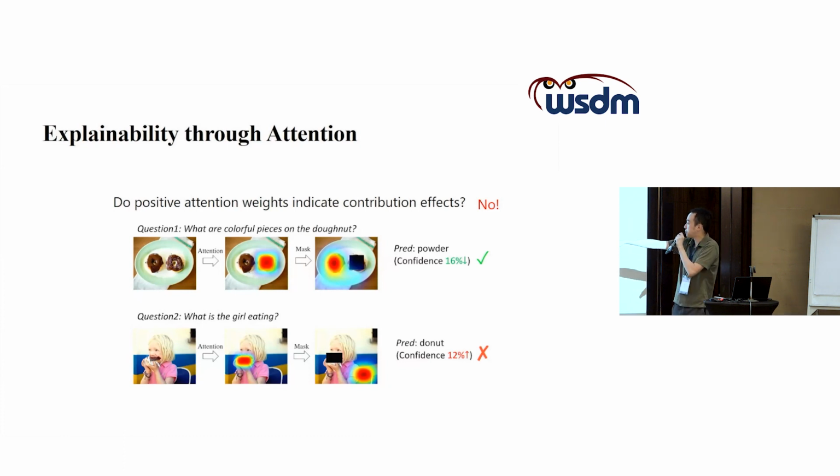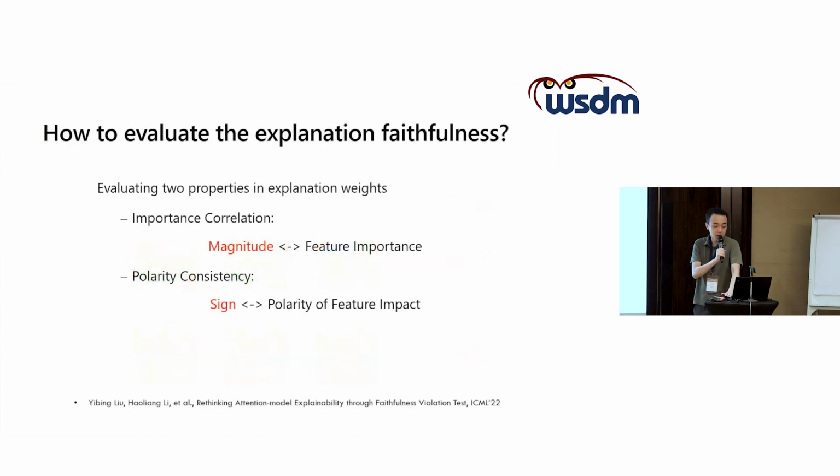But after we do a masking, we want to ask again, what is the girl eating? But after we apply the masking, we can get the wrong output. Therefore, which means that the current explanation methods may not provide us with sufficient information. So the explanation method can be harmful. Okay, so the problem here is that